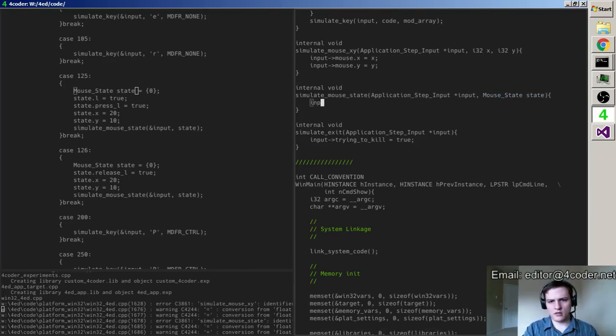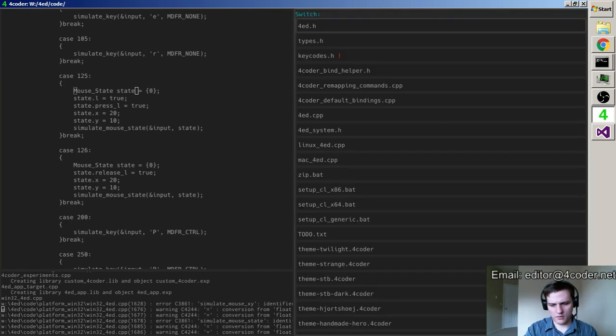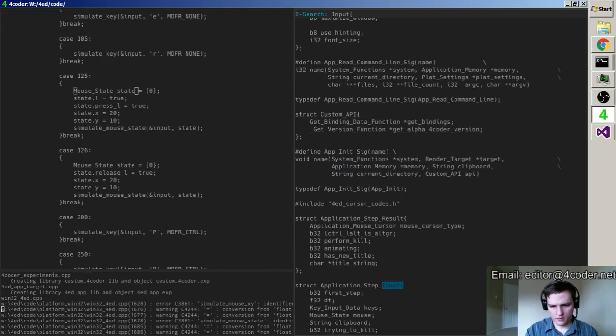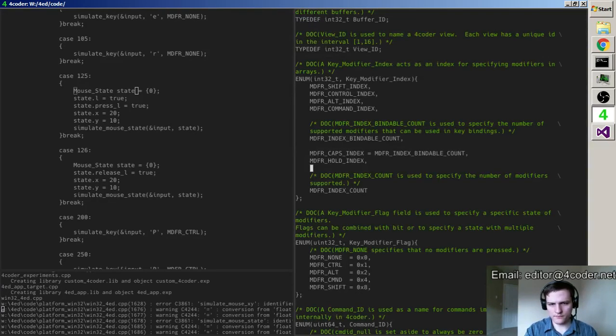State input mouse equals, is this the same? Input. Yeah, it's the same. Cool.